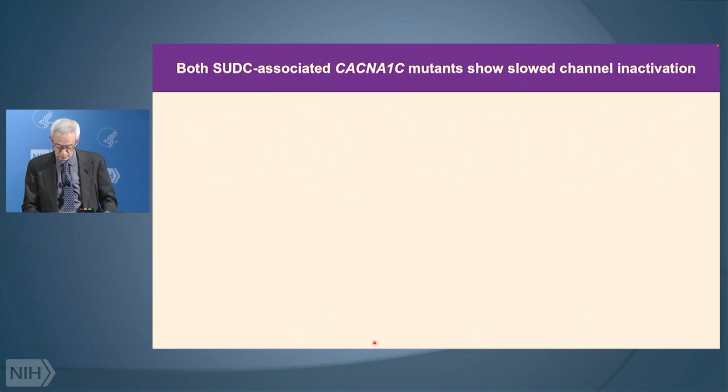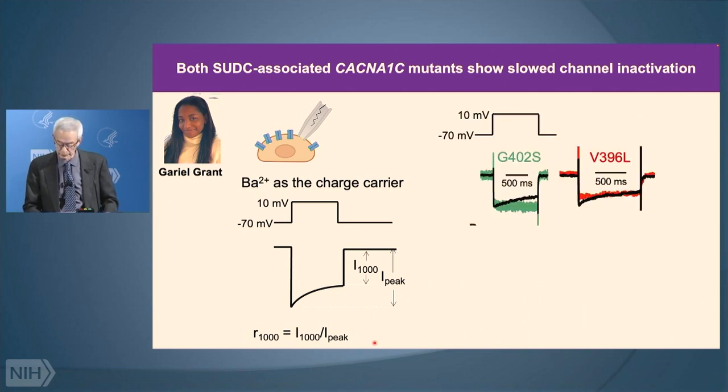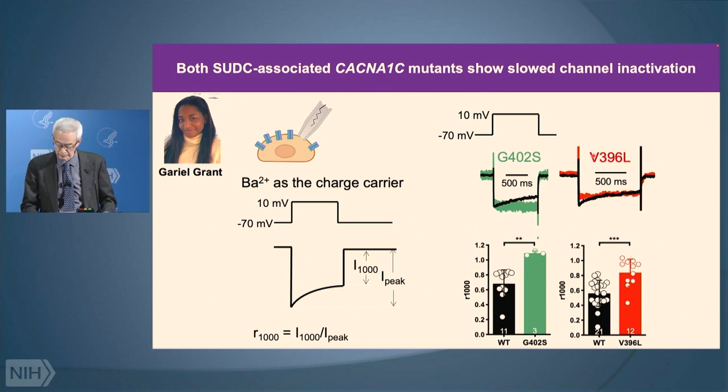We characterized it ourselves, and this is Gary L. Grant with patch clamping, the time course of the L-type calcium current, and she found that there was a significant prolongation of the time course of the barium current in either of the two mutations which appeared in our data set. This is a common feature of mutations that cause arrhythmias and possibly changes in the nervous system as well. Highly significant increase in how much current there is late in the voltage pulse, as though voltage-gated inactivation is greatly slowed by the mutations.